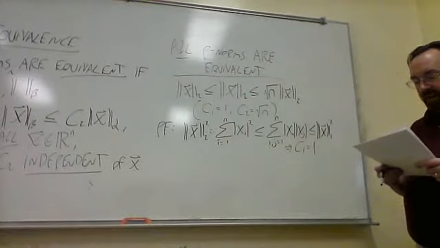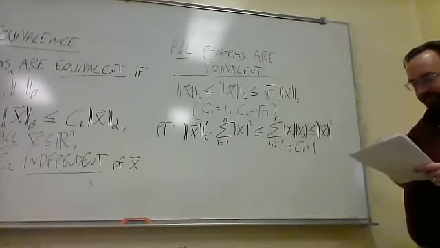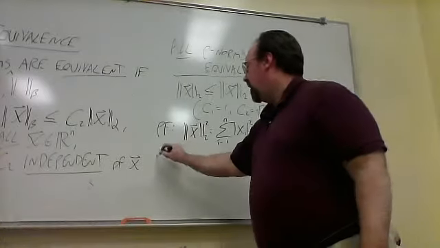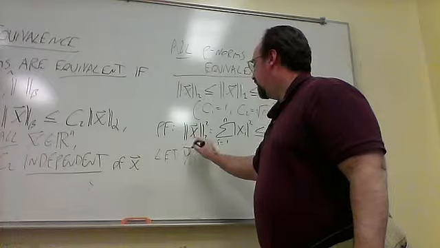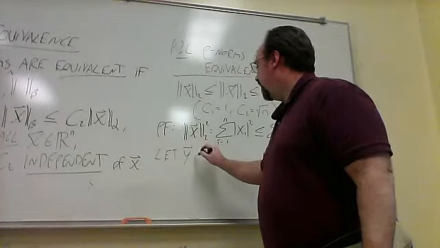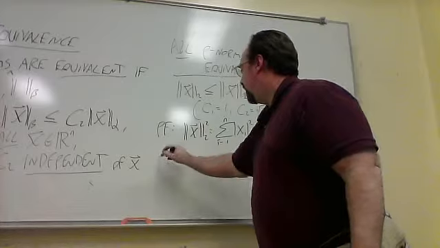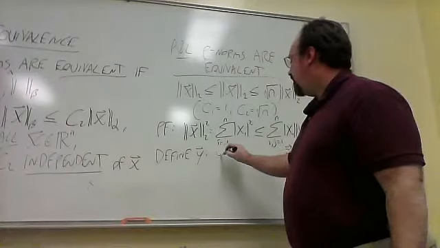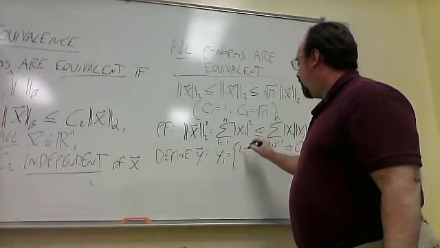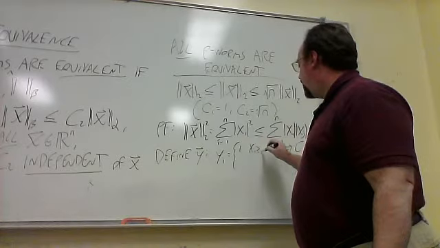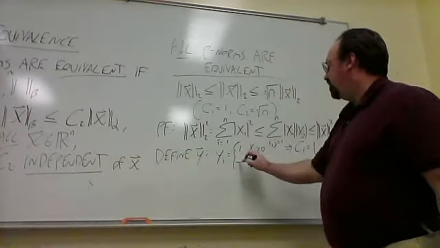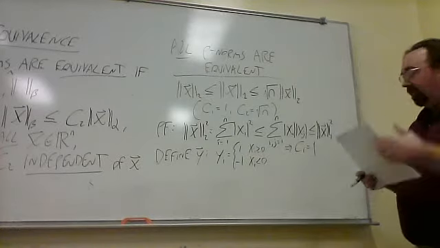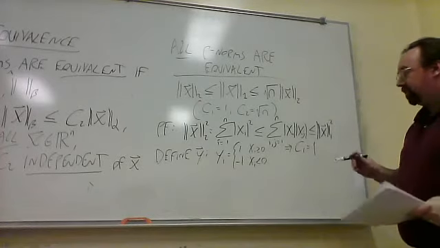Now for the other one, suppose I define a vector y. So I'll define y as follows. Each component is equal to 1 if a corresponding component of x is non-negative, and it's equal to -1 if a component is negative. So, it turns out that